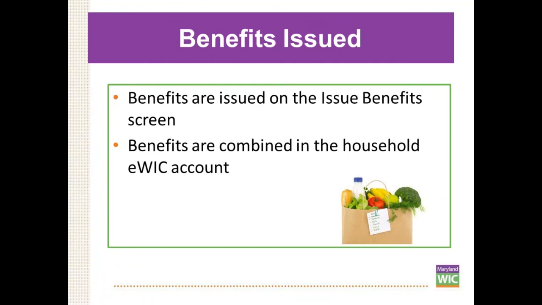Benefit issuance. Food packages will continue to be assigned on the food prescription screen. Each participant will continue to have an individual food package prescribed. One change to note is that a scheduled day will no longer need to be assigned. The start date will be the date that the family account is created. The start date cannot be changed. For example, when a family comes in to be certified on August 4th, the start date for benefits will be August 4th. End date will be 30 days later. This would be September 3rd.